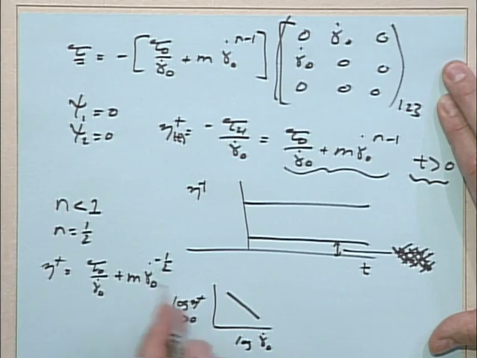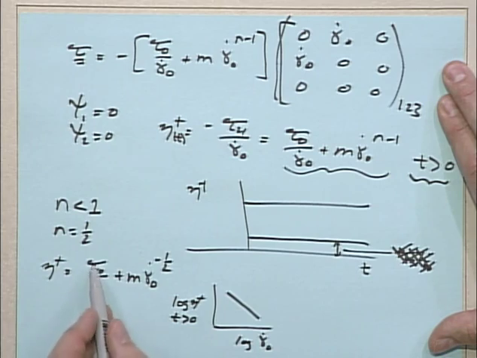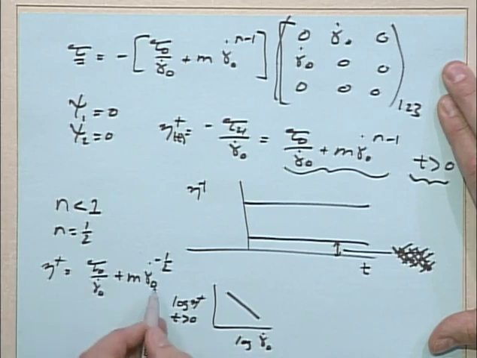M gamma dot to the n minus 1, and with n less than 1, you would get a shear thinning type of a model. And so this says, depending on the shear rate, add a decreasing amount of this, whatever tau naught is. So if I pick 1 shear rate, I've added some quantity, so that shifts the whole curve up a little bit. Okay? And as I increase the shear rate,